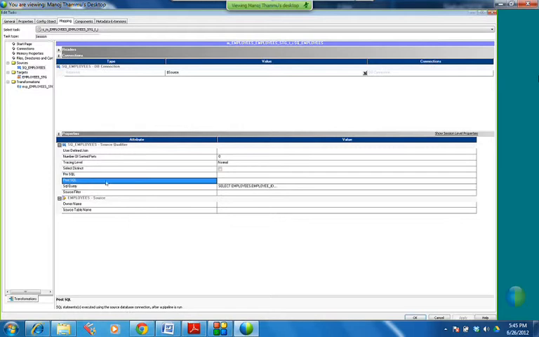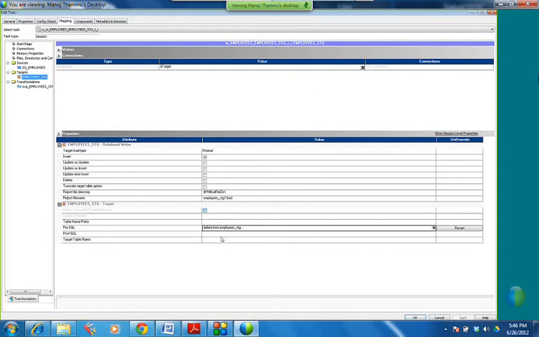What does the source post-SQL do? Source post-SQL performs the operation as soon as the data is read from the source. What does the target post-SQL do? Target post-SQL performs the operation based on the SQL query as soon as the data is written to the target. This is before, this is after.